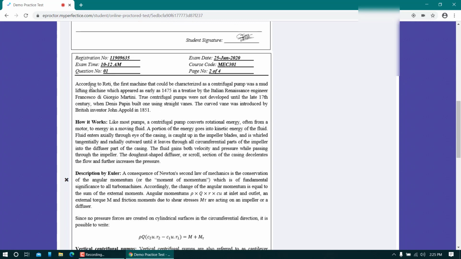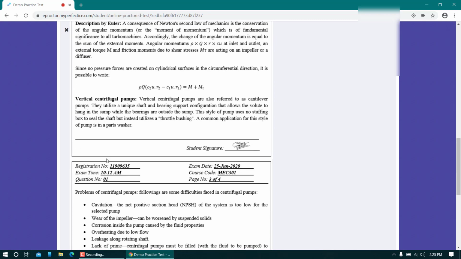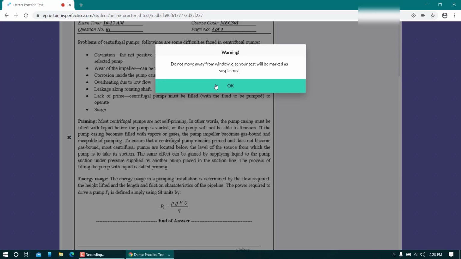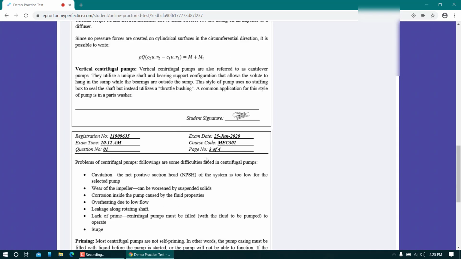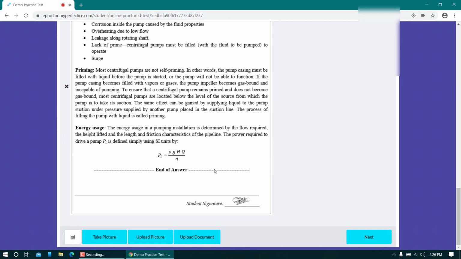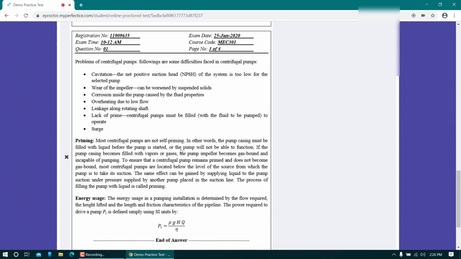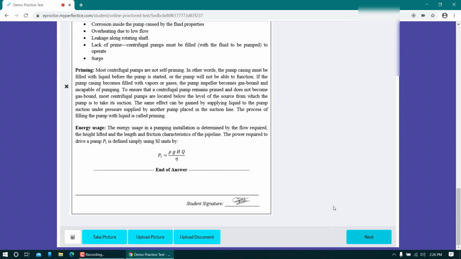And on the second page, again you will mention all the details on the top, include the question here, continue with your answer, and you'll keep doing until you reach the last point of your answer. Okay, and once you are done, you can click on next.